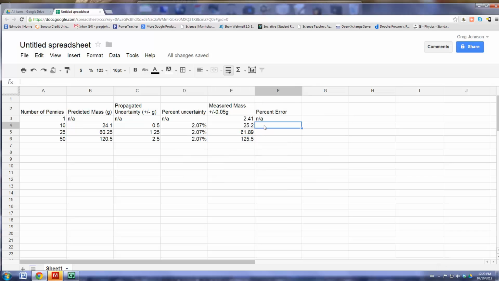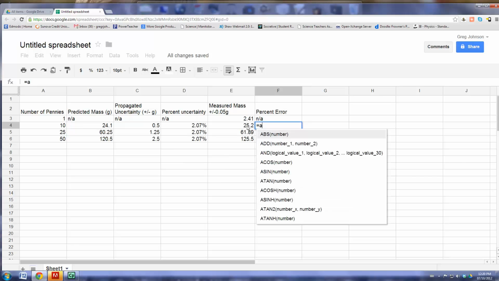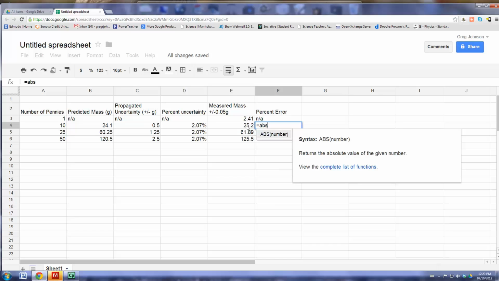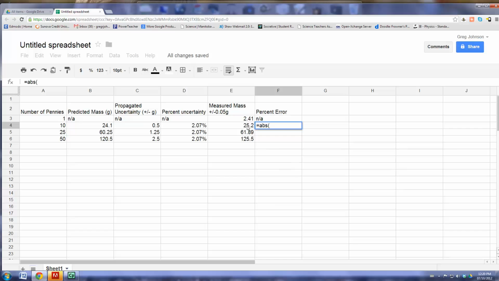Okay, so percent error now. This is the actual value, subtract the predicted value, divided by the actual value, and then times 100. So we're going to use a formula again for that. So what we want to do is take the absolute value, so you're going to type ABS. Okay, this gives you the absolute value of the number, bracket. Okay, so we want the absolute value of what happens when we take the actual mass minus the predicted mass, divided by